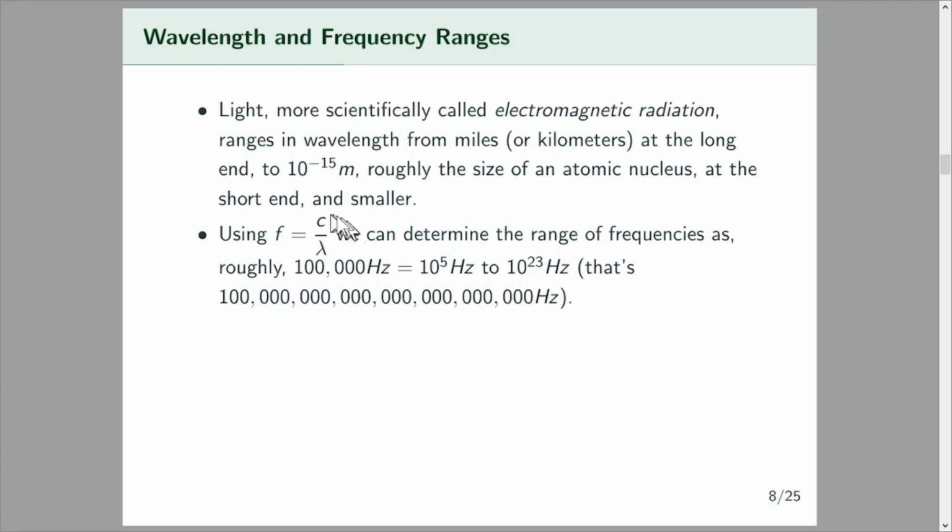Using this expression that we came up with on the last page, that the frequency is equal to the speed of light divided by the wavelength, we can see you can have frequencies of 100,000 hertz or lower, up to 10 to the 23rd hertz, which is this number across the bottom, and higher. So there's a wide range of possible frequencies for light. All of these are detectable by us. The ones we see are a very, very narrow band of them in the 10 to the 14th hertz range. Most of these, the vast majority of these, are invisible to our eyes.